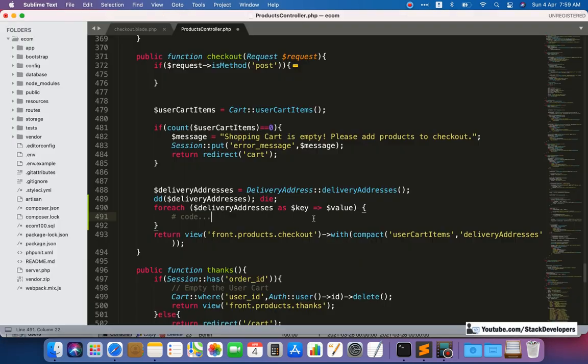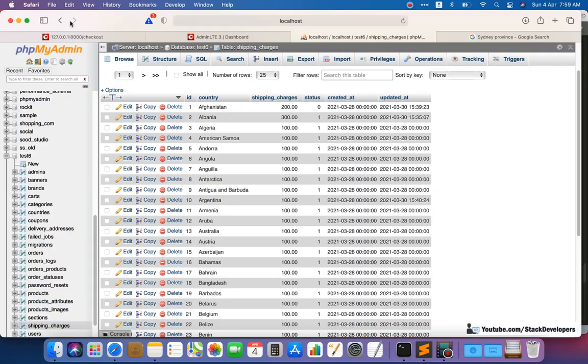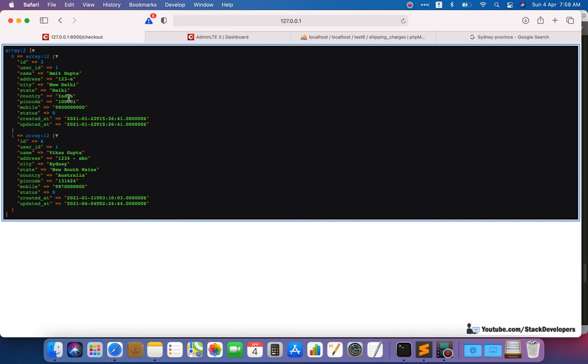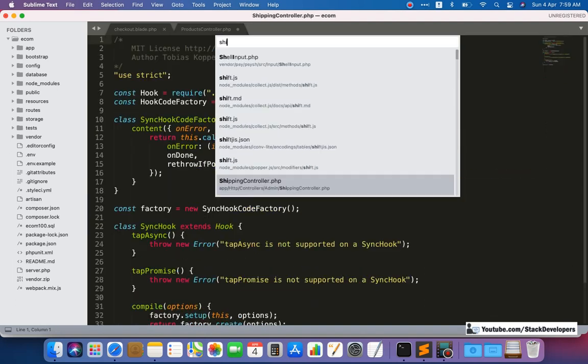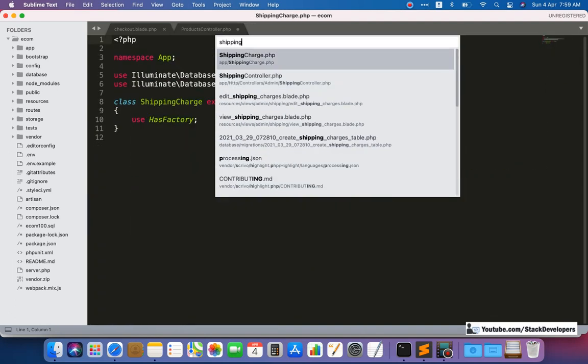And here we are getting the country of every delivery address. You can see that we are getting the country here, and from this country we want to get the shipping charges. So we will create one function here. We are going to create one function in the shipping charge model.